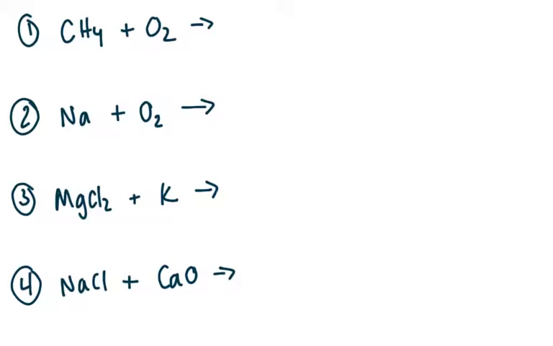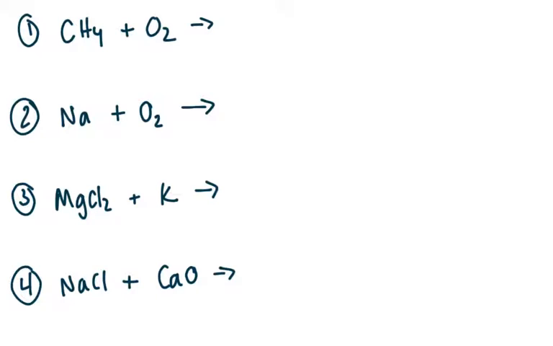Here are some more examples for predicting type of reactions. I just made these up off the top of my head. So I'm just going to go through and show you how I would complete them if there were 5. You should have your types of reaction notes up so that you can look back and reference it, unless you've taken the time to memorize all the types. But assuming you haven't done that, you should have that list up